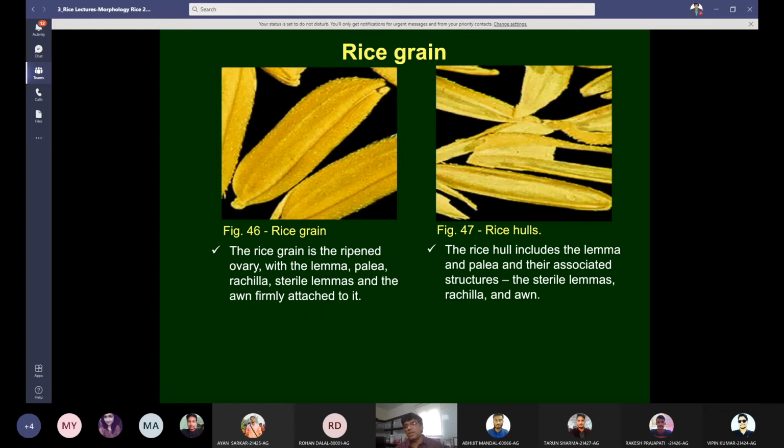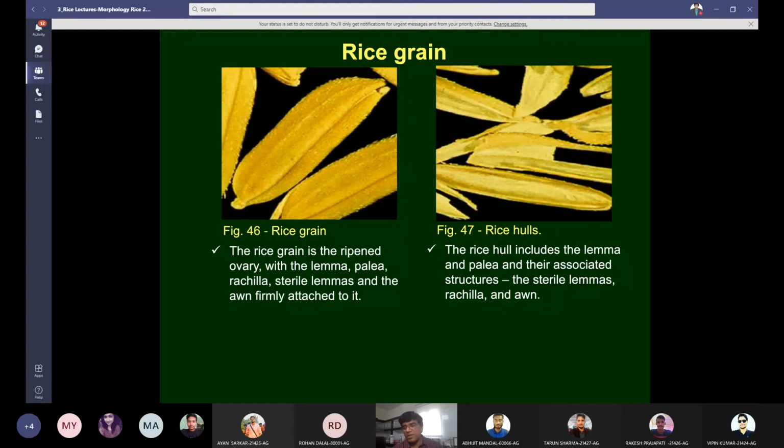Then the ovule will start developing, and part of the ovary will become part of the seed. That is the pericarp. The outer layer of the ovary will enclose the ovule. So this is the rice grain. The rice grain is the ripened ovary with the lemma, palea, rachila, sterile lemma, and the awn firmly attached to it.